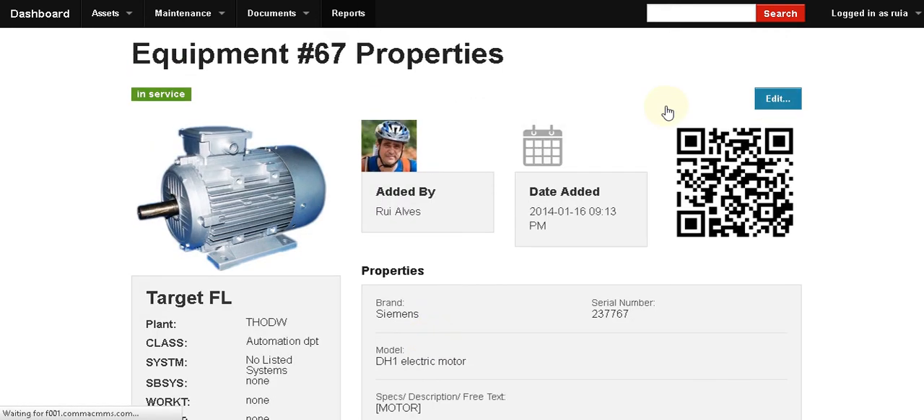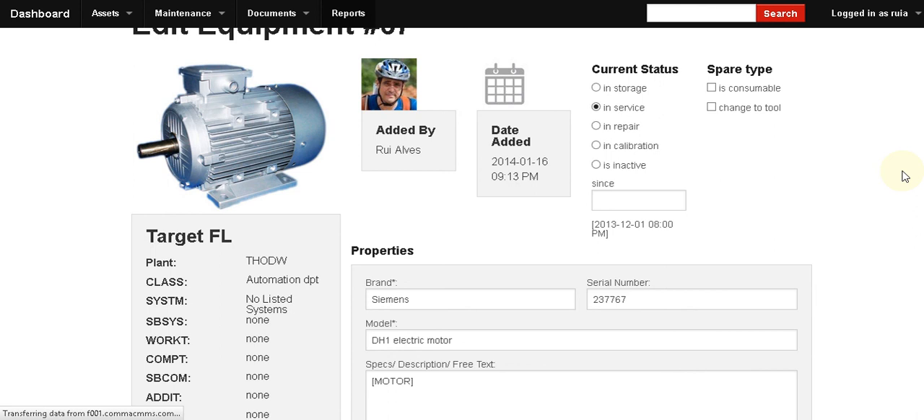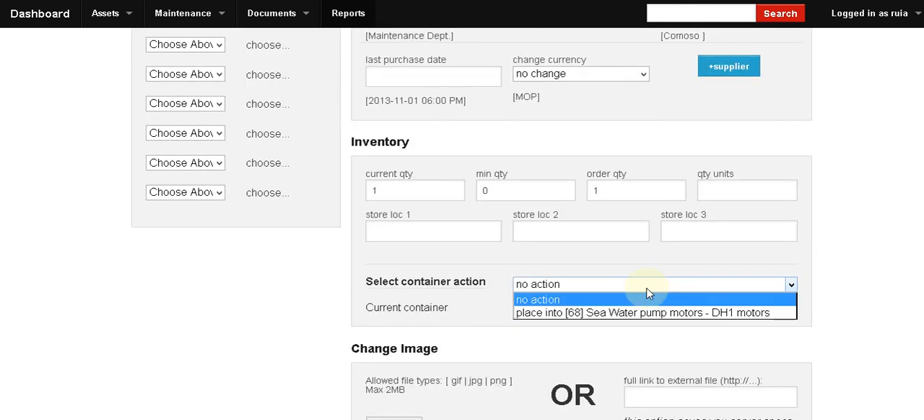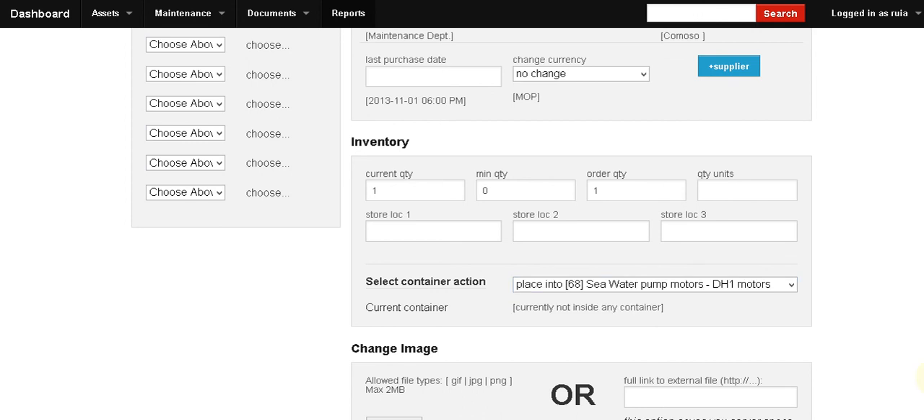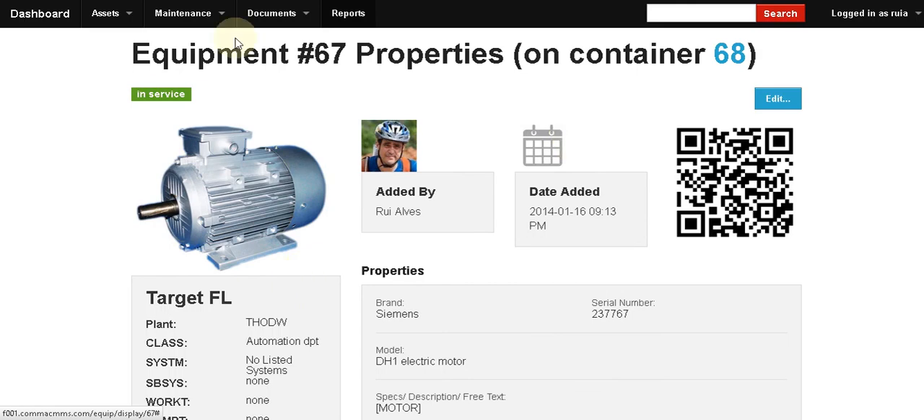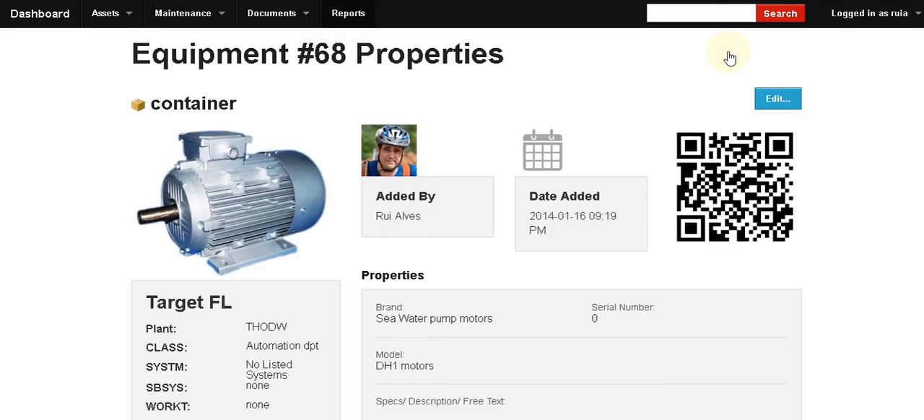But like I was doing, we still need to add item 67 to the container. So we follow the same procedure. We go over here and we place it inside container 68, and we edit the information, and there we go. So now equipment 67 is inside container 68 as well. Now it's very handy to have a quick link to the container. So what we are going to do is visit the container 68 page. There we go, here,